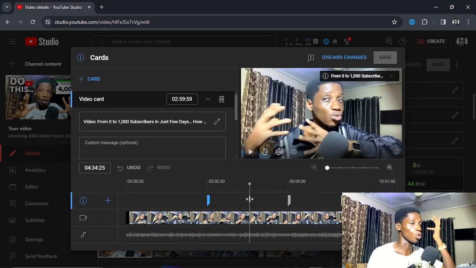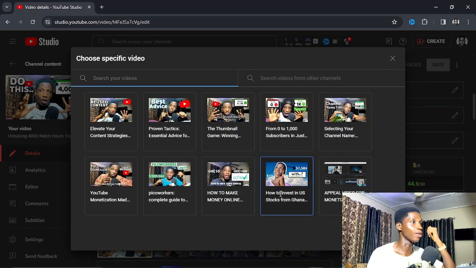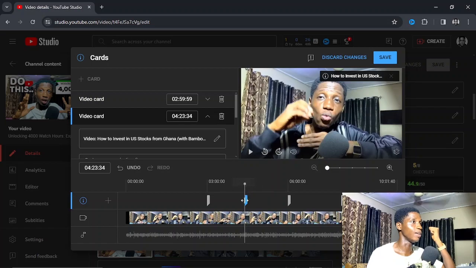Let's move on. So if you want to add card, all that you're going to do is to select the place that you want to add a card. Then you click on card and select the video that you want. Okay, so let me choose this one, and you can see the video will show here, how to invest in US stock. And guys, if you want to delete, all that you're going to do is to highlight that